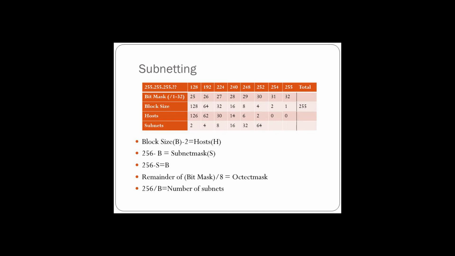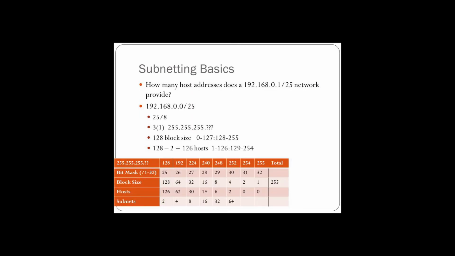Now we will go over what we have just covered in some practical examples as a way to make sense of the subnetting concepts we have just covered. We are first asked how many host addresses does a 192.168.0.1/25 network provide. In order to find the amount of available IP addresses, we need to first find the block